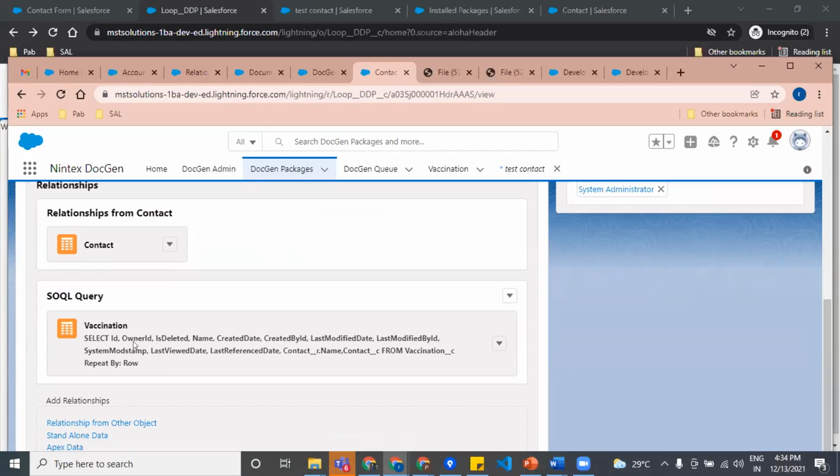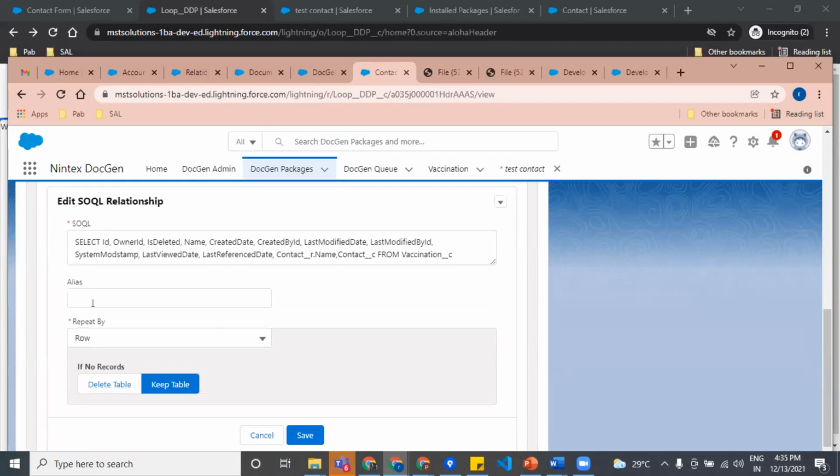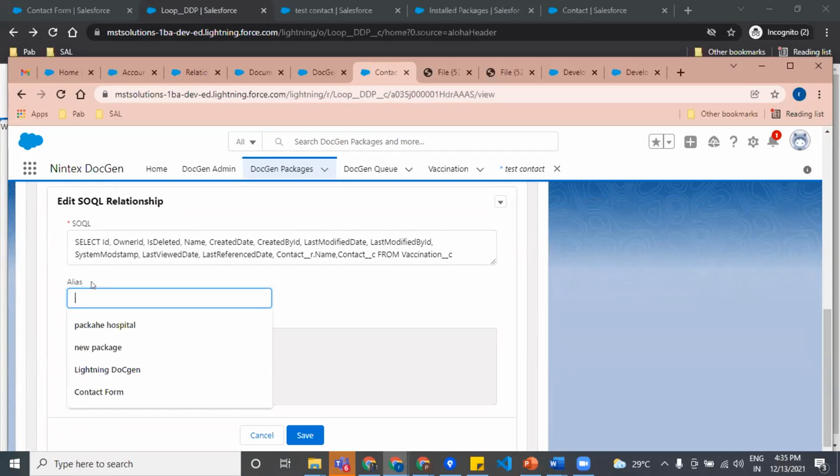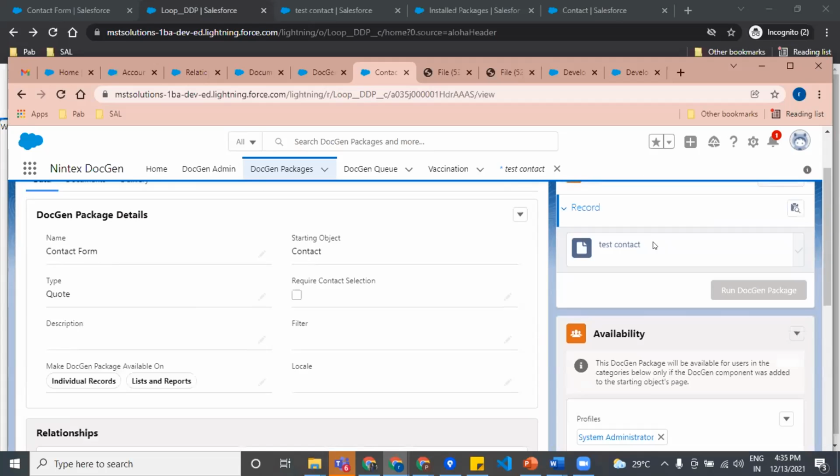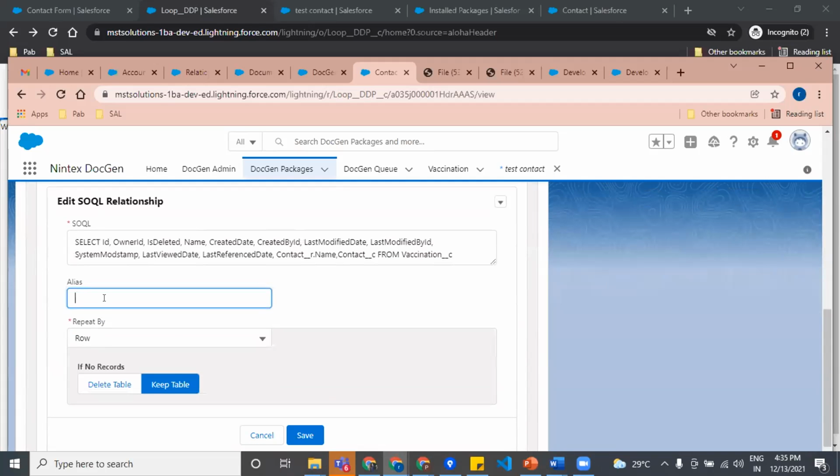As I have shown you, just put your query on the developer console, copy it, paste it here and click save. A few things that we have to keep in mind are, we have an alias name here. Currently I have not given any alias name. If you give any alias name, then the field tagger that we are going to get will be based on the alias name you have provided.